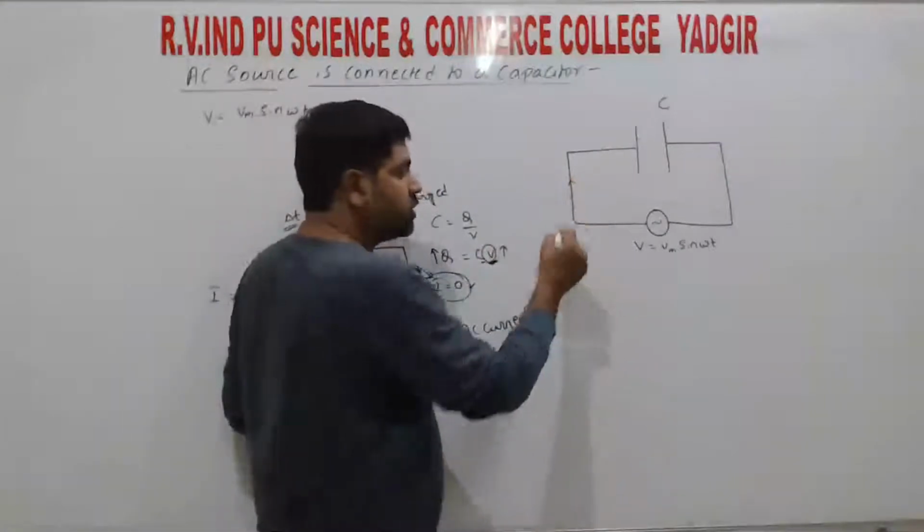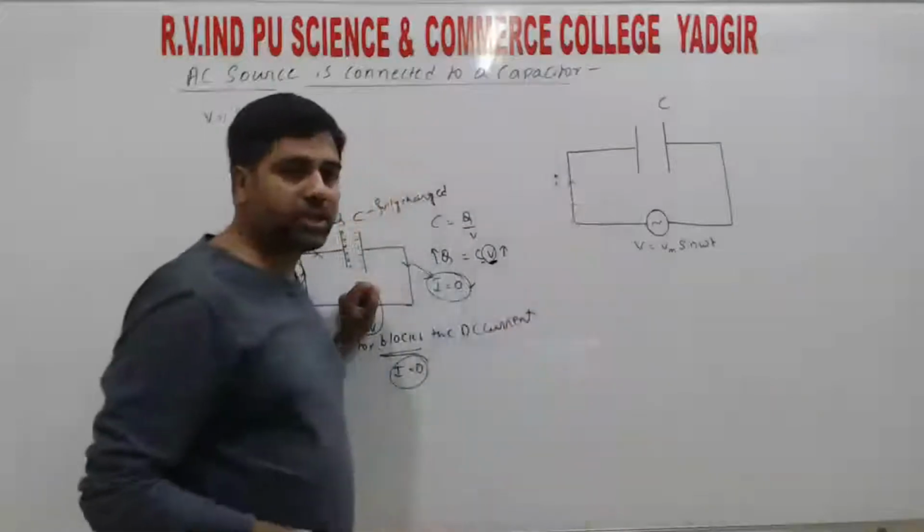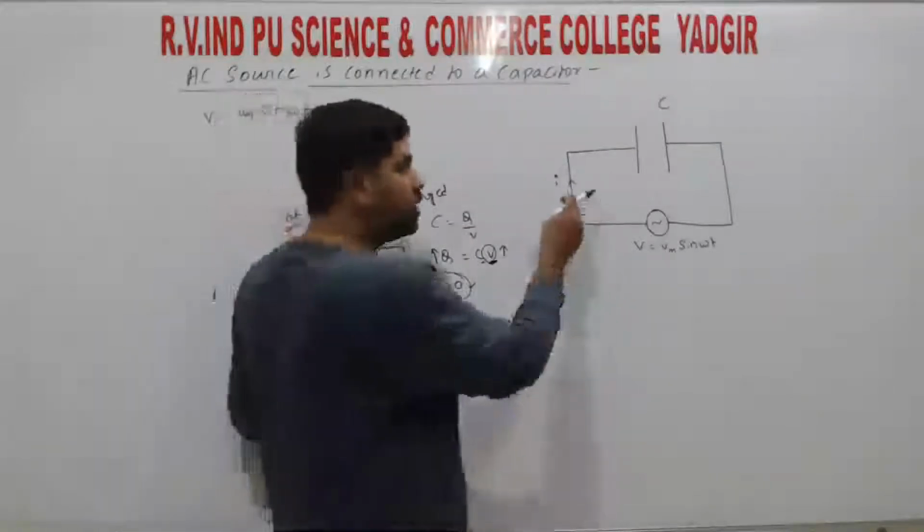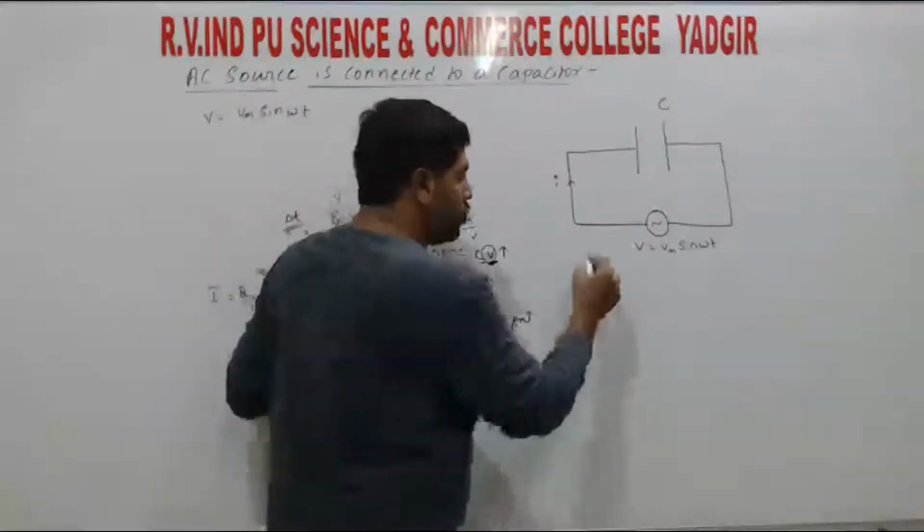So here also, the current which is flowing in the initial time, right? As the current flows, here I will write